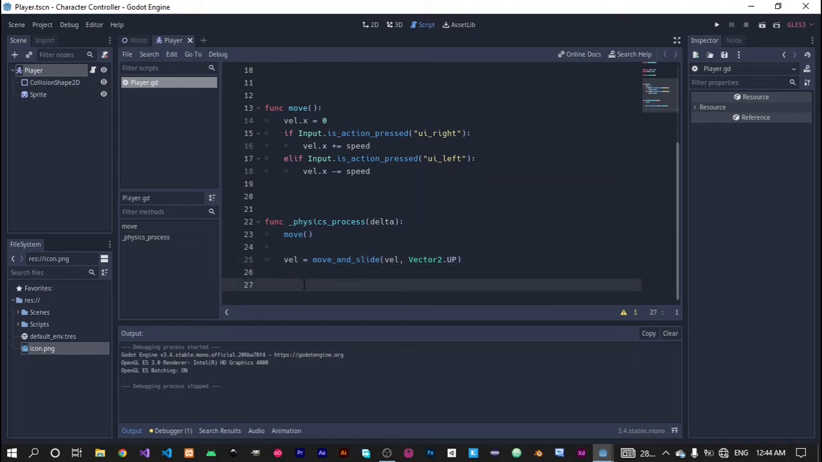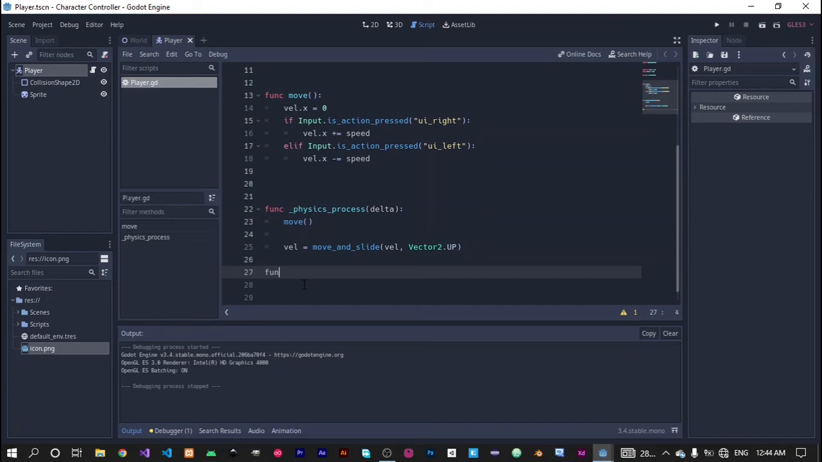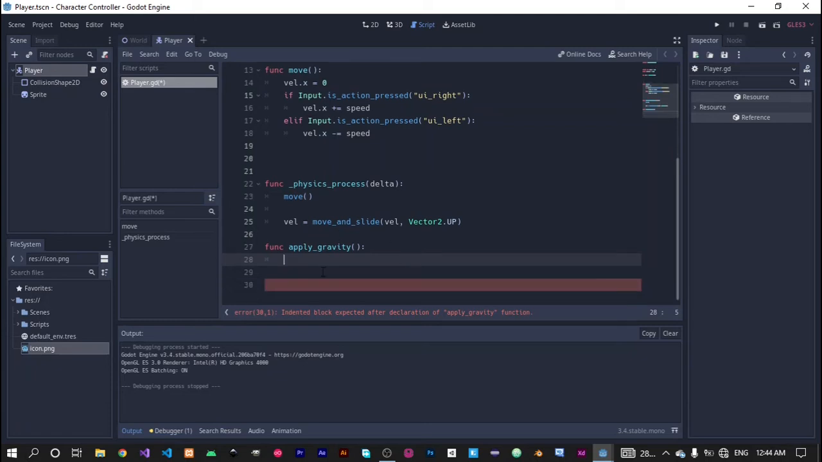Now create a function to set the gravity. Function apply_gravity, okay, and in Godot the gravity value should be a positive value, so we have to use positive numbers in order to apply gravity. velocity.y equals gravity, okay,